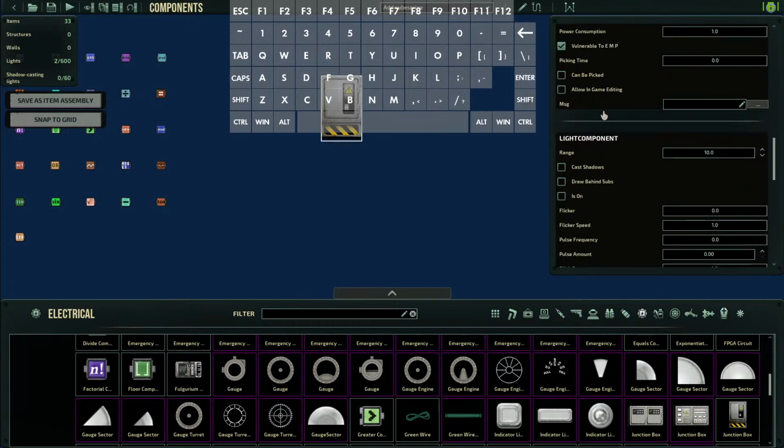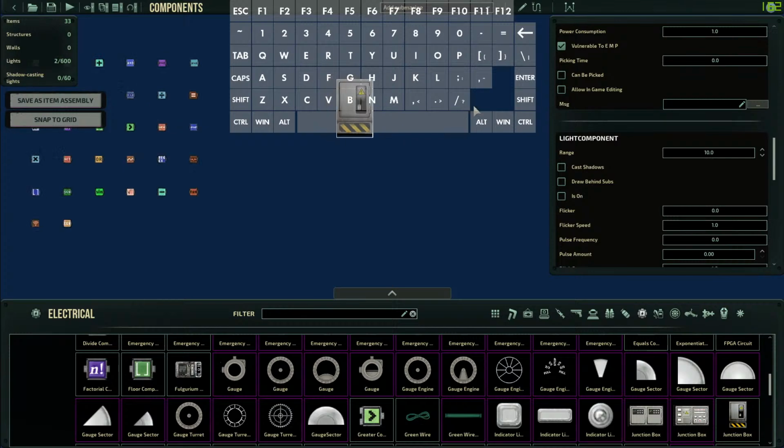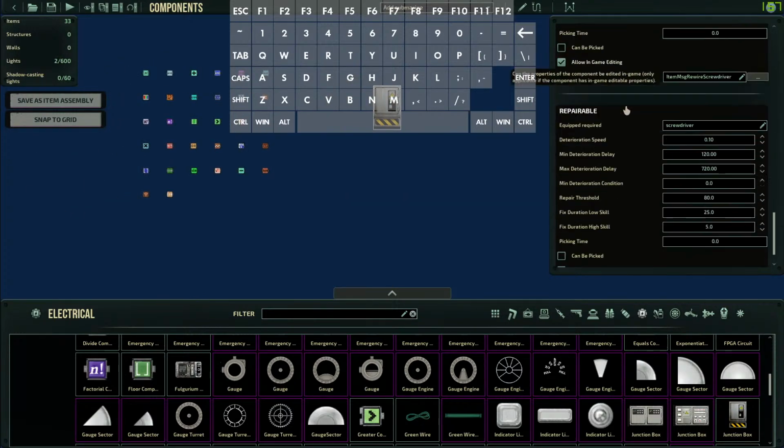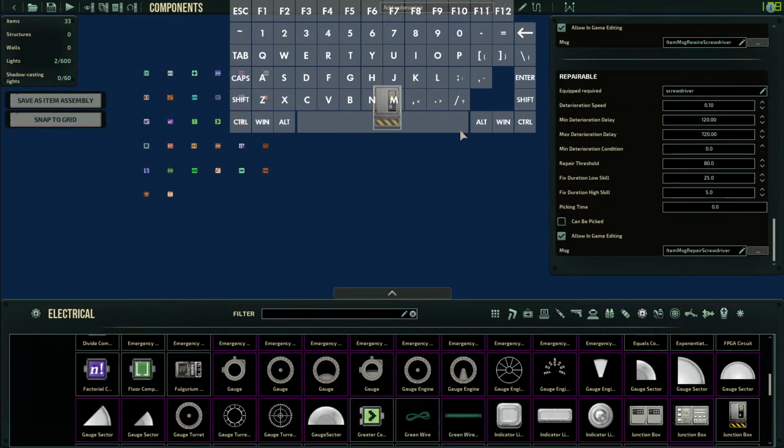That's another thing: this is a lot, but this isn't everything. If you go down here, you'll find repairable. The repairable thing determines not just how the device is repaired, but how it deteriorates at the same time. So here we have screwdriver that classifies this as an electrical item if you were to fix this. Or sorry, no. You can define the skill required and the tool required separately, but it is the tool that triggers the skill check. Anyways, deterioration speed, but more importantly, these two, the fixed duration high skill and the fixed